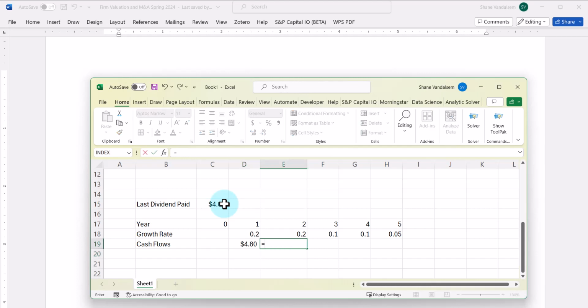For the next year, I'm going to put in equals, and then highlight the year 1 cash flow, multiply that by 1 plus the growth rate at year 2, and then after this point, I can just drag that formula over